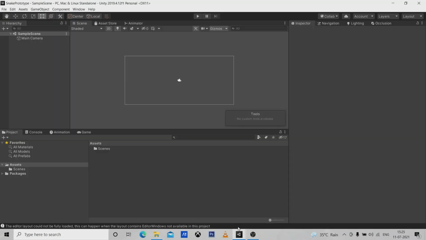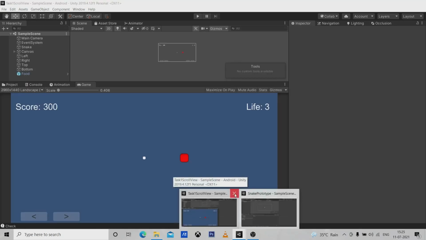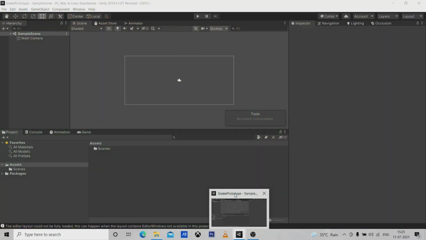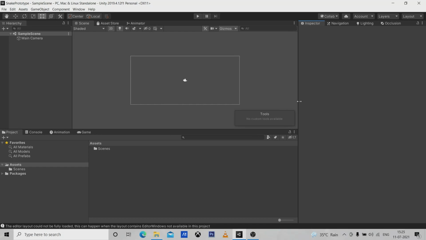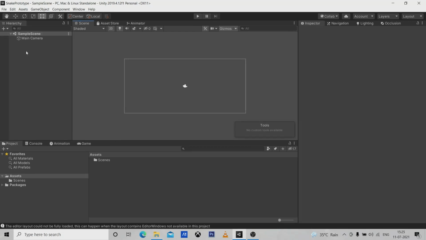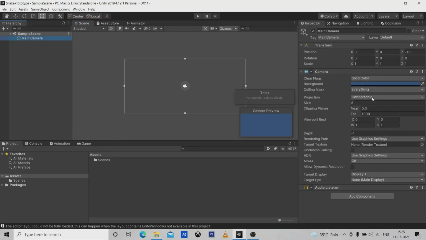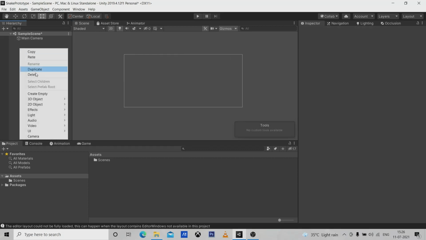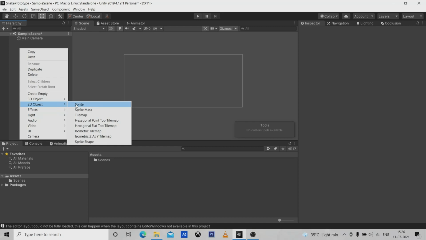Okay, so here's our new project. So now I'm going to cut the older one, so we will start the game from scratch. So here's our default UI, and now I'm going to create... okay, so just make sure this is orthographic. And select the camera size to 15